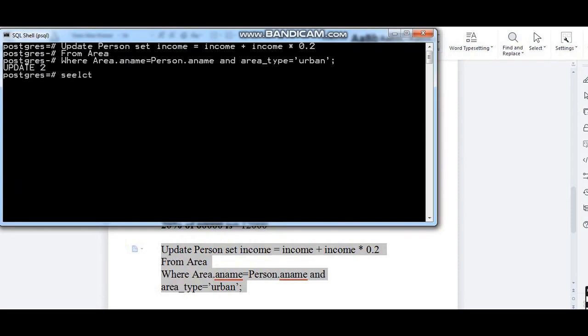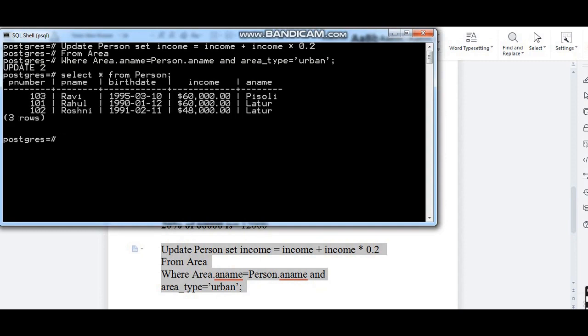Let's see, select star from person. So here you can see those who were staying in urban area like Latur, it has been updated to 60,000 and another one it is updated to 48,000.